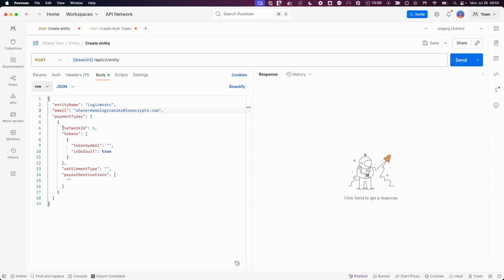Now, for each network that we set up a payment type for, we need to specify a settlement type. And the settlement type is basically just whether you want the funds coming in to be settled in crypto or in fiat. So if it's crypto, the funds will go directly to the payout destination that you specify down here. If you specify your settlement type as fiat, those funds will automatically get off-ramped into a bank account that you set up. So again, for the purposes of this demo, I'm just going to set my settlement type to crypto